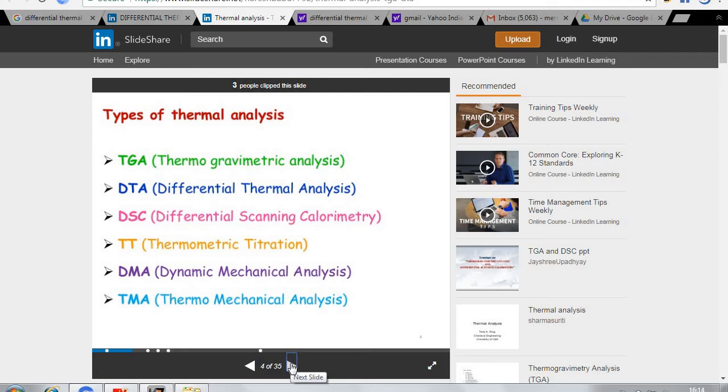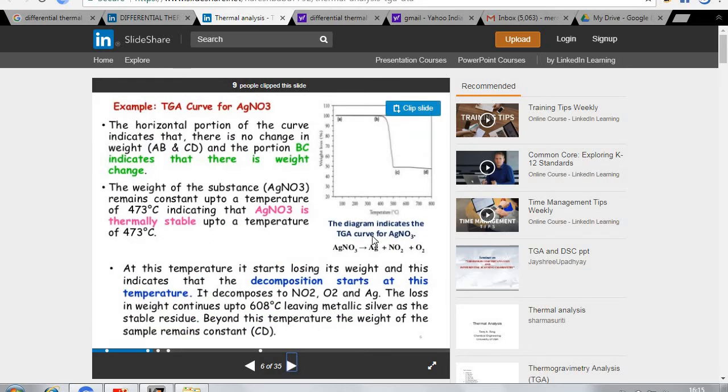When you heat a particular sample, it is going to undergo certain physical or chemical changes. It may melt, or boil, or undergo dehydration or oxidation. Some kind of transition will be happening in its physical or chemical property. As a result of these changes, its mass may increase or decrease. Such changes in mass give us a brief idea about its thermal property, and that is called thermogravimetry.